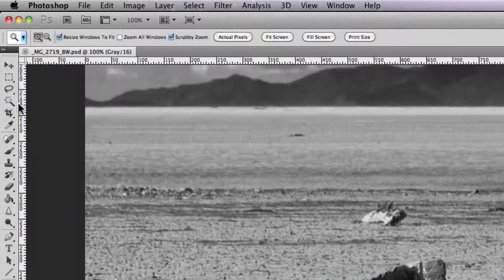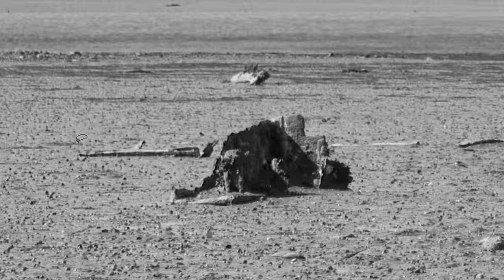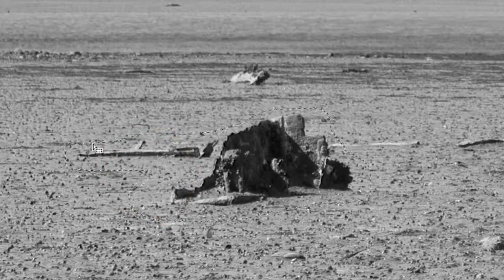So I'm going to use the lasso tool, which is probably the easiest option for making a quick selection, and you can get to that just by pressing L on your keyboard, or going to your tool menu on the left hand side of your working space. Now once you've selected it, I'm going to include this here as well. So I'm just going to draw a really rough outline around this area, and I'm leaving ample space. So you don't want to make a selection that's really precise and right up against the object